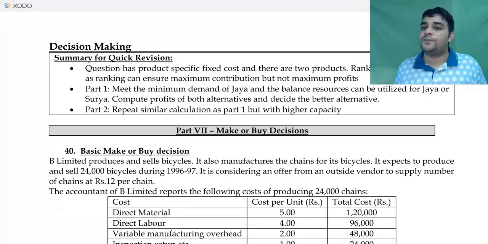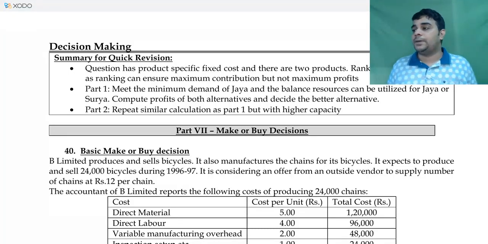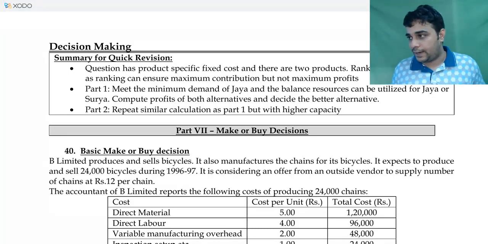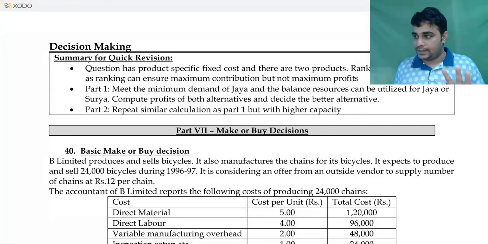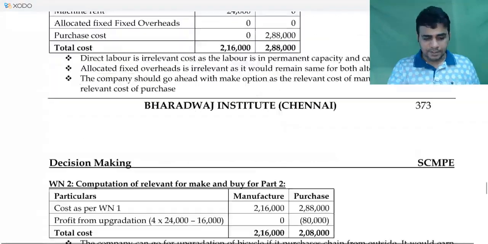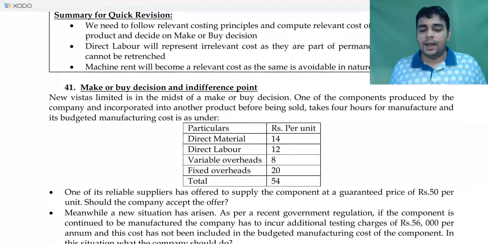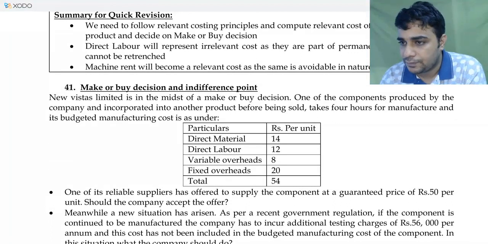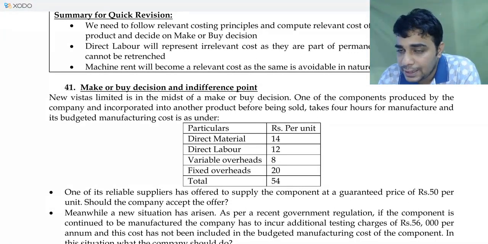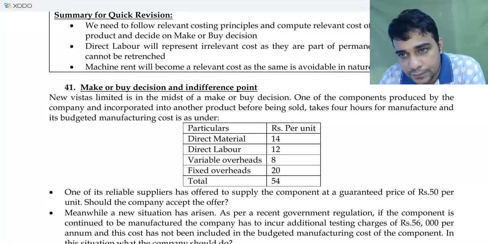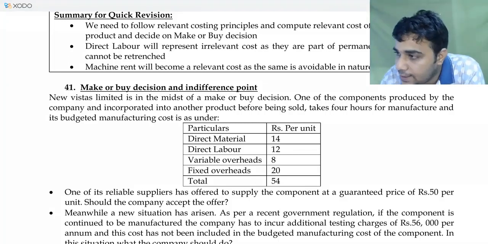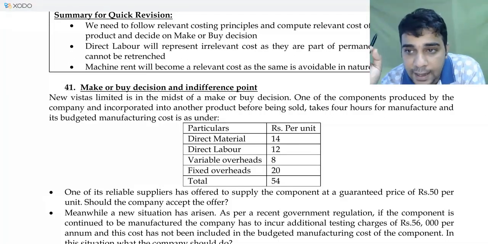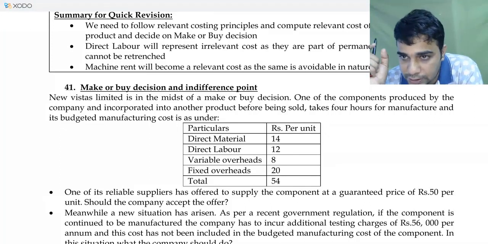We will bring in an angle of limiting factor. When we bring in an angle of limiting factor, you will understand that again there will be a statement of ranking and statement of allocation. That ranking and allocation could be slightly different. You will understand as we proceed. And when I do my make or buy decision, I will have to calculate the relevant cost of making the product with the relevant cost of buying the product, and then finally decide whether I want to make the product or buy the product. That is from a financial point of view. Make or buy is also known as outsourcing.